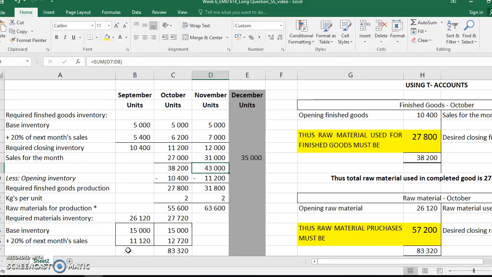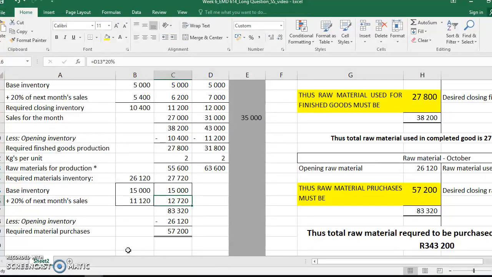That gives us 43,000 minus the 11,200, which is October's closing stock, which means we need 31,800 units of finished goods for November, and it's 2 kilograms per unit, so we need 63,600 kilograms of raw material for production in November, and 20% of 63,600 is 12,720, and so 15,000 plus 12,720 is